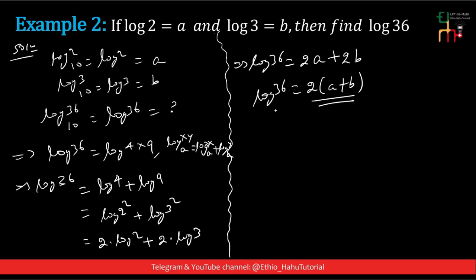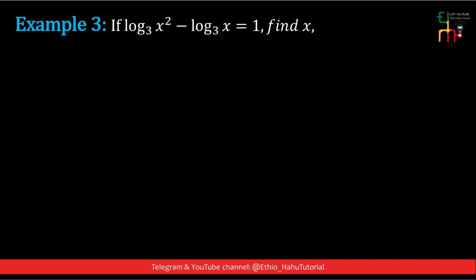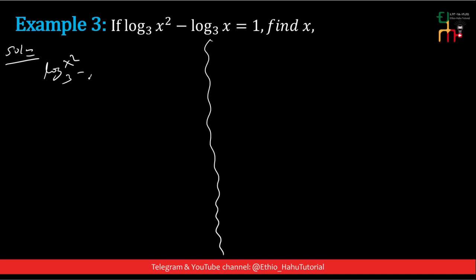The third example: if logarithm of x squared to the base 3 minus logarithm of x to the base 3 is equal to 1, find x. Logarithm of x squared to the base 3 minus logarithm of x to the base 3 is equal to 1. We know that logarithm of x over y to the base a is equal to log x minus log y. By this, logarithm of x squared